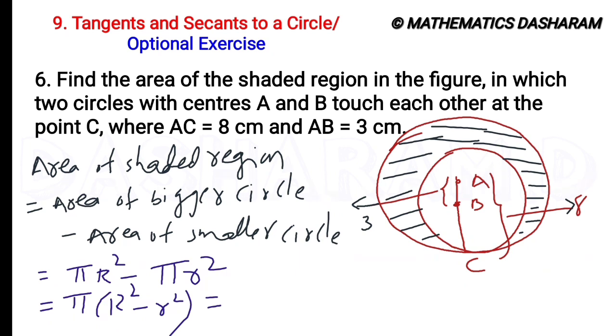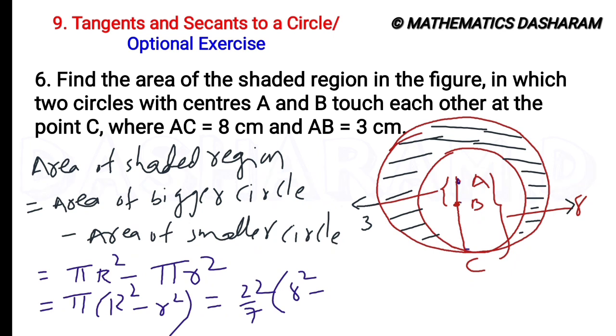So it is equal to, it did not mention the pi value, so I am taking 22/7. And capital R means radius of the bigger circle. Do we have the radius of the bigger circle here? Yes, AC is the radius of the bigger circle because A is the center of the bigger circle and C is one point on the bigger circle. So that is why it is 8. Next, the radius of the smaller circle. Radius of the smaller circle means where is the center of the circle.